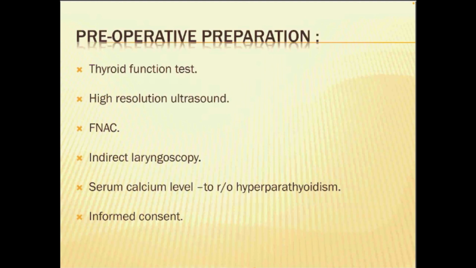The patient can go for tetany, vocal cord palsy, can even lose his voice, and can even need a tracheostomy. Lifelong tracheostomy can be needed if the recurrent laryngeal nerves on both sides are injured. If both sides are injured, the vocal cords go to the cadaveric position, the patient has a higher risk of aspiration, and there will be no voice. So the patient should go for tracheostomy in this case. This is because of surgical complication. So informed consent is more important in thyroid surgery.